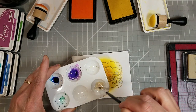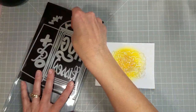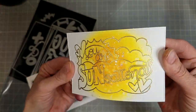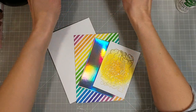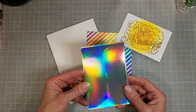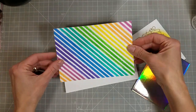Next, I'm taking some liquid pixie dust in my little palette here with a little bit of water, and I'm spattering that on the image to get a little extra shimmer and shine. Next, I'm taking that same 4-bar envelope and card builder die set, and I'm using that to die cut 2 panels here, one with the holographic and one out of the white cardstock that I have done the sentiment on. Again, doing another 5x7 card using the Modern Embossed A7 stack to die cut this piece